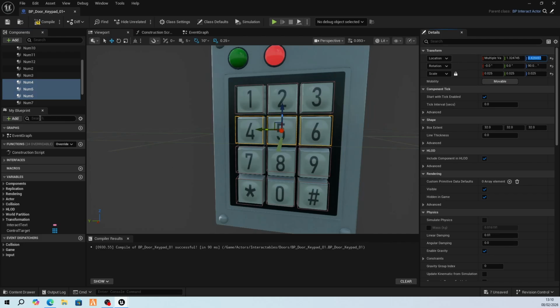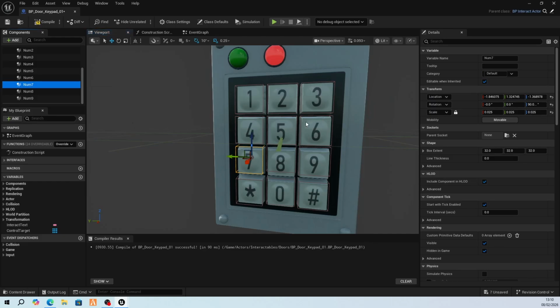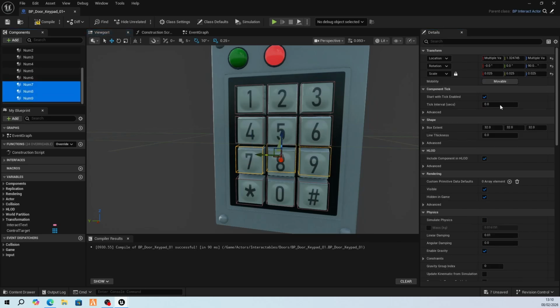There we go. They're all in line. I know it's a bit tedious, but I'd like to try and keep it at least a little bit aligned as best as possible. So the Z axis on 7, Control 8, Control 9, and Control V to paste in, and then the same on